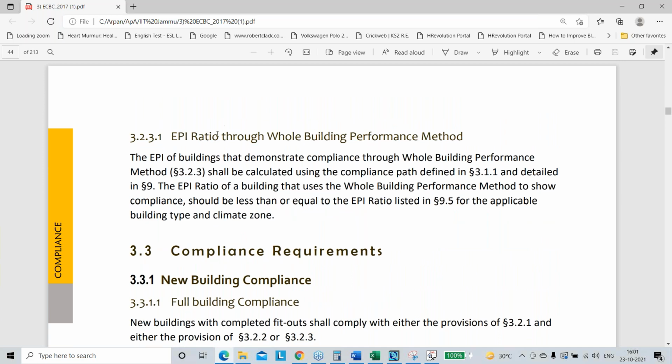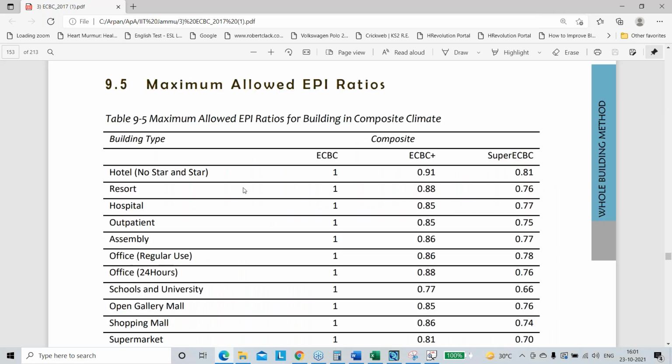Okay, so here, EPI of the building demonstrating compliance through whole building simulation 3.2.3 shall be calculated by using the defined pathway in 3.1 and detailed in section 9. So the EPI ratio of a building that uses the whole building performance method to show compliance should be less than or equal to the EPI ratio of the projects listed in 9.5. So if I go here, right,